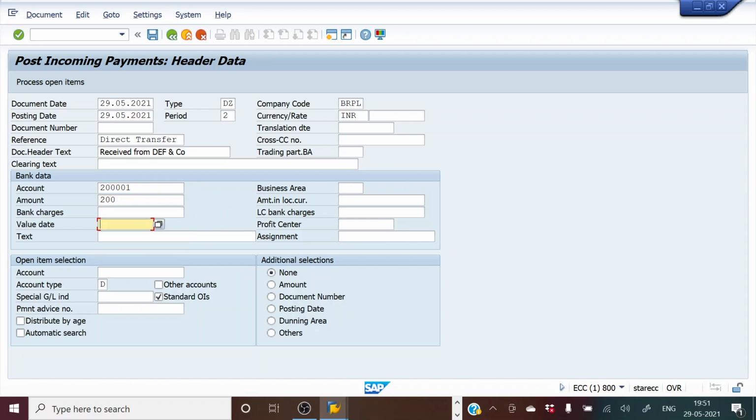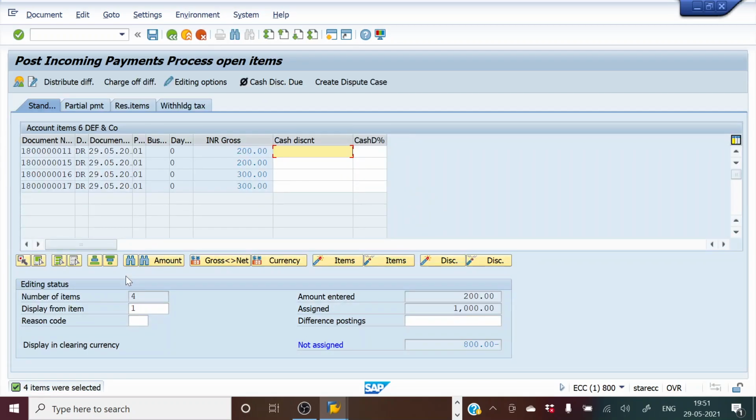This 200 I'm going to make an on account payment. So this 200 is here and there is 1000.